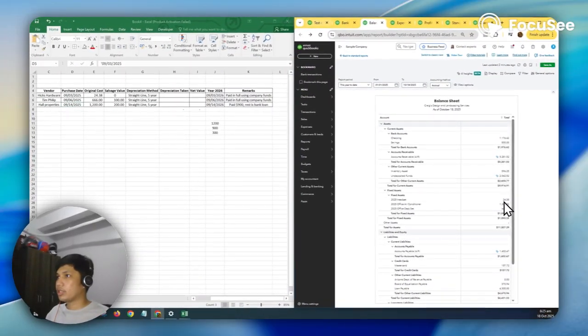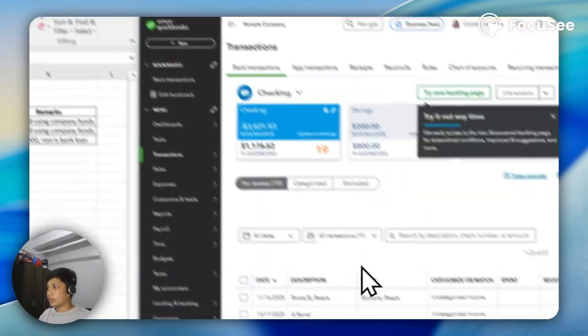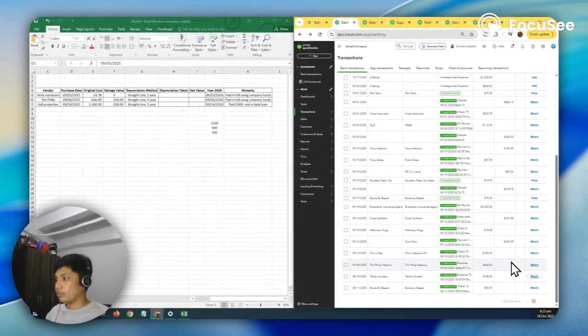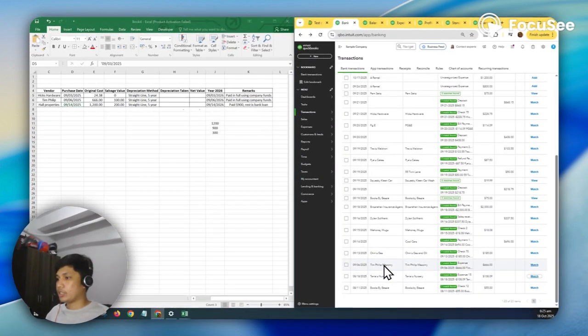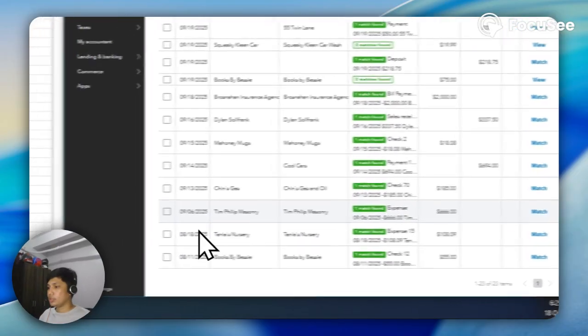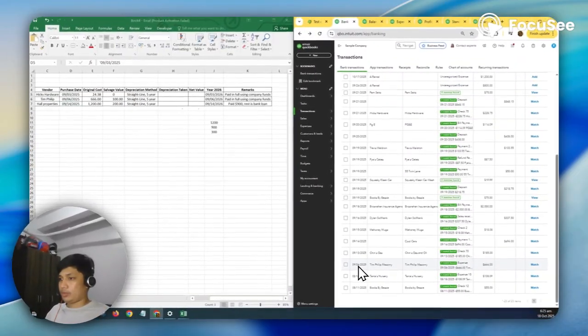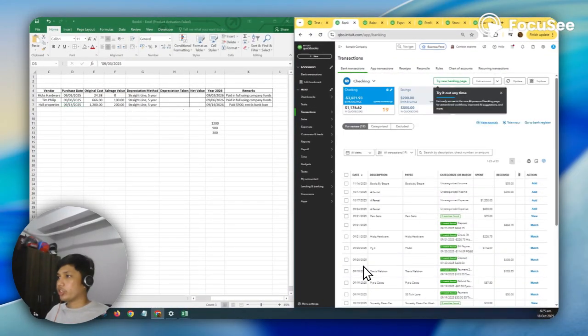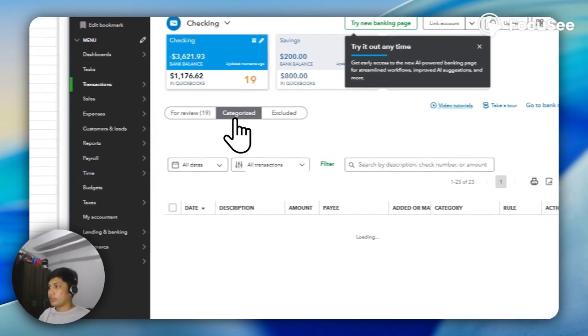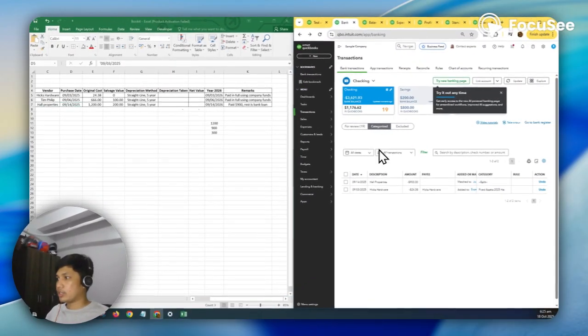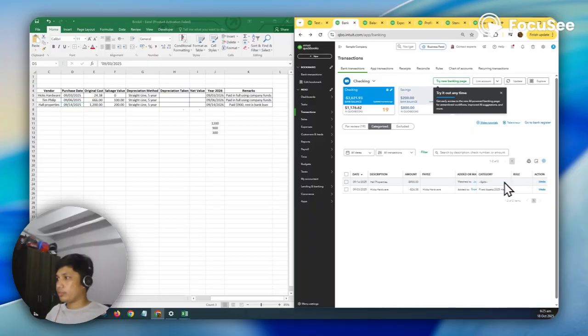Once it is reflected, you go to the bank transactions to match the assets that you have entered, and check whether you categorized it or matched it. If you wrongly categorize it, you can undo, so that you can match it to the right transaction.